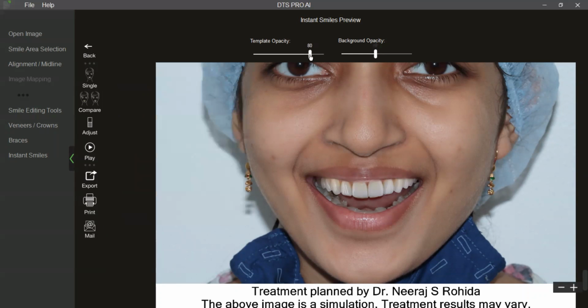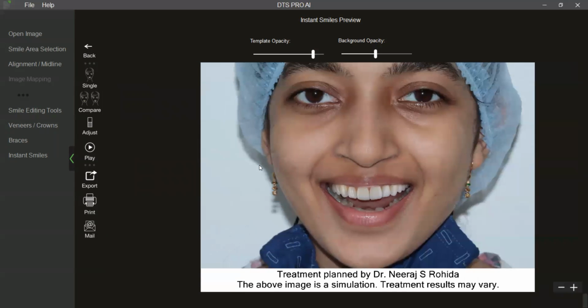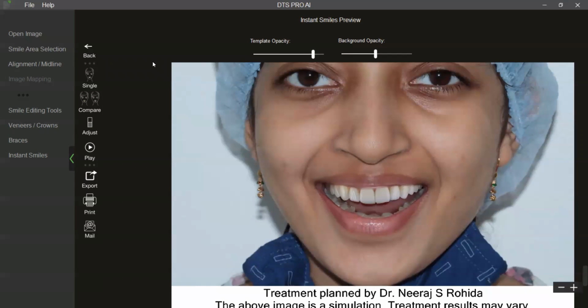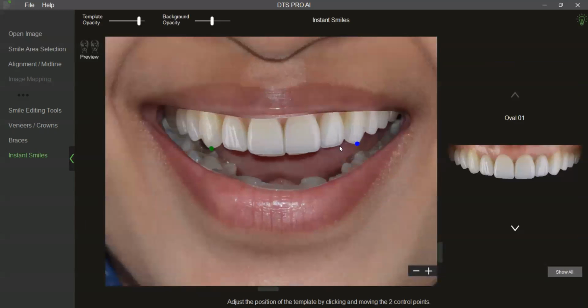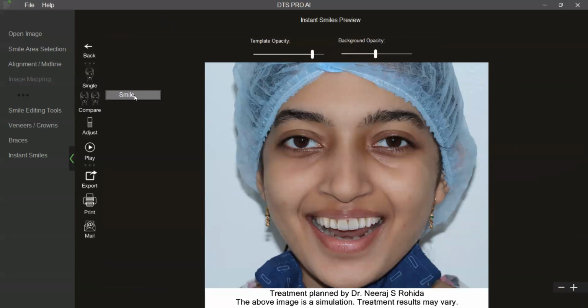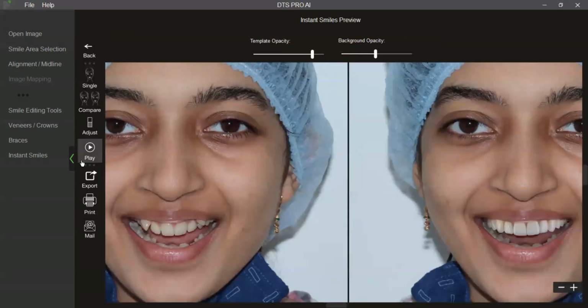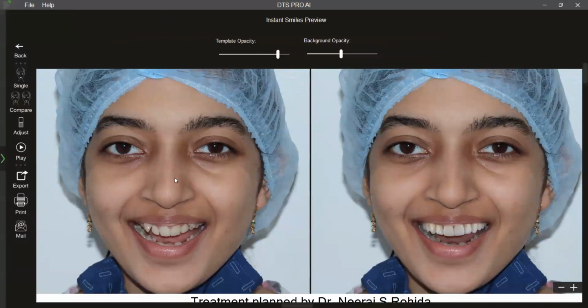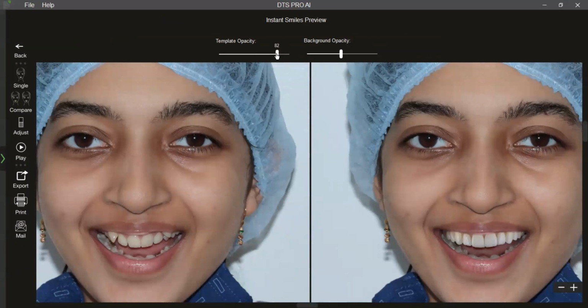With that in position, my simulation is complete for the patient. If I am not happy with the position of the teeth, I can just go back, maybe do a very quick adjustment there, and it is done. So that's my simulation. The idea is to create a simulation in the shortest possible time. So you upload the picture, and by the time the patient is ready for his consultation, the simulation has to be ready for the patient to get the very initial patient motivational mockup.